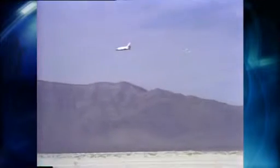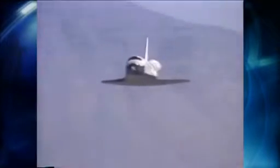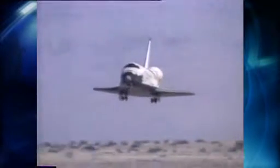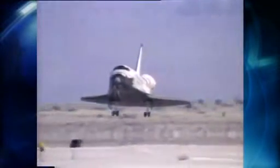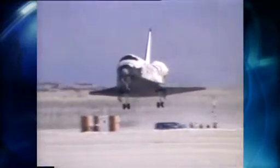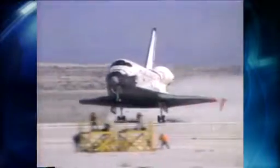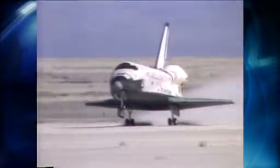Kennedy and Edwards aren't the only options for the shuttle. There's also White Sands Space Harbor in New Mexico. It's where astronauts practice landing their shuttle training aircraft because of its close proximity to NASA's Johnson Space Center in Houston. It's only been called upon one time to host a real shuttle landing, though, Columbia on the STS-3 mission